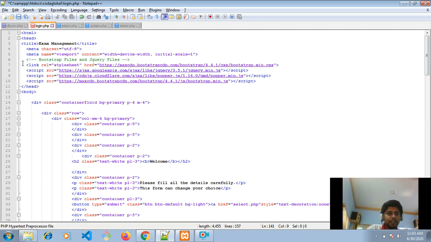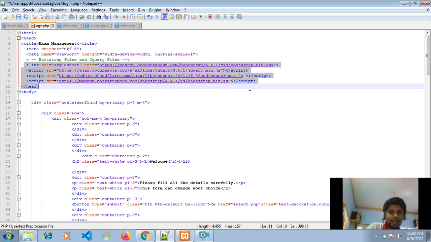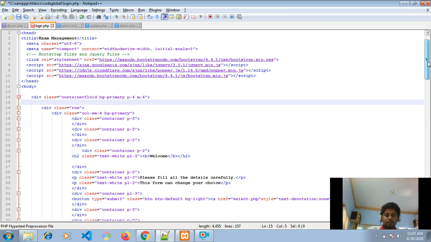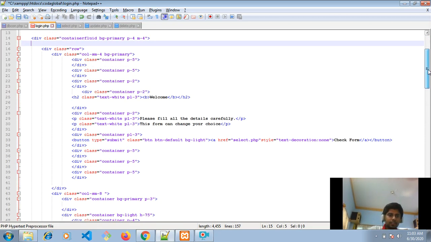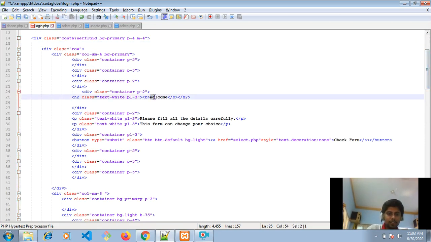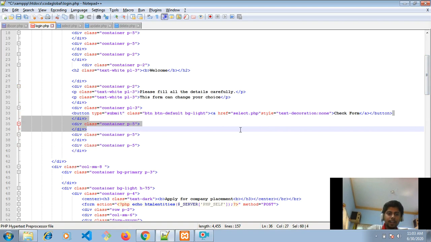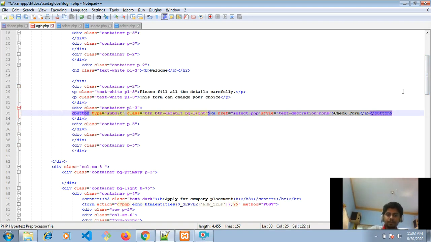First of all, I have provided a front end using Bootstrap so that you can get a clear description about the project. Since it is Bootstrap, you can adapt it for any different size, like mobile view. These are the view classes in Bootstrap. First of all, this is the welcome topic. I am just displaying the message here. This is the check form button where I have displayed it in the web page.